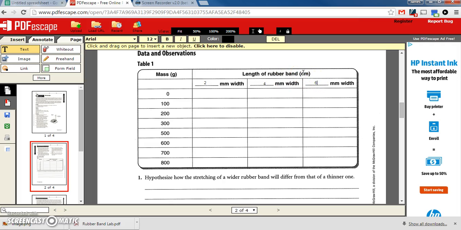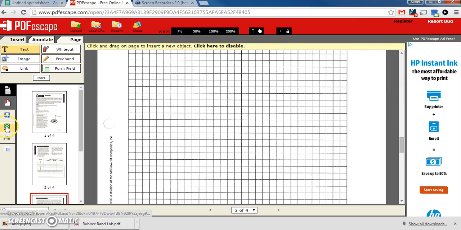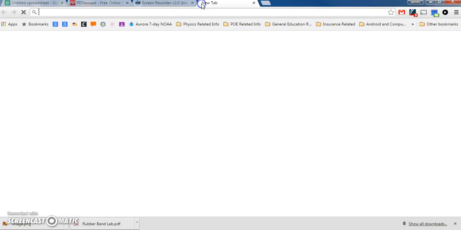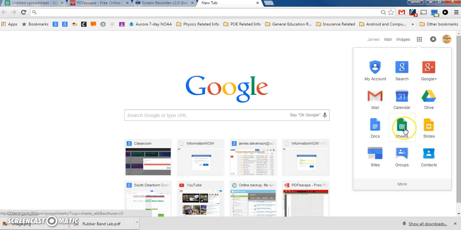Of course, you'll have to open this window up next to Google Sheets and fill it in. Go ahead and fill in all your data, and you can answer the questions as well right here below it. And then when you're done, you simply click on the little green arrow, which is Save and Download the PDF, and save it to your Google Drive. In this area in the middle here where they have a graph grid, you're going to paste the image you create in Google Charts. So in a new tab, you need to open up your Google Apps